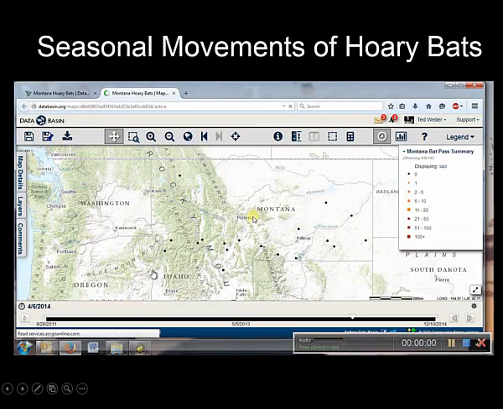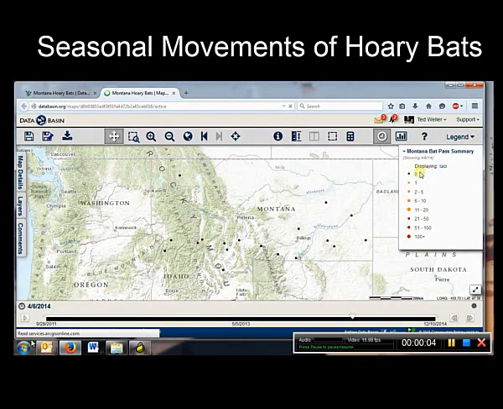So this is an even better example. Now there have been other users that have input their data. We got an amazing data series from the folks in Montana, so I'm going to illustrate a similar example using their data from 2014. We start out in April, and we can see that there are a number of stations across Montana, not much hoary bat activity. That's not surprising. But we do see the occasional blip of hoary bat activity starting in early April.